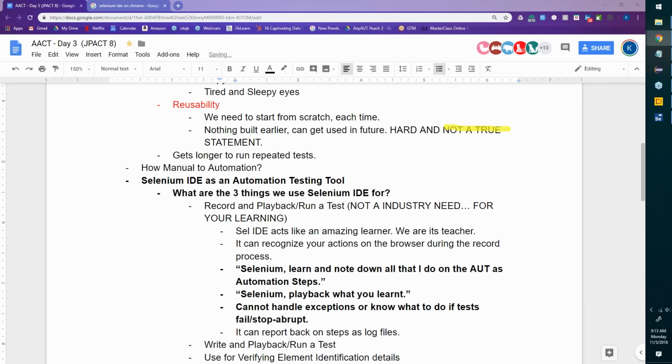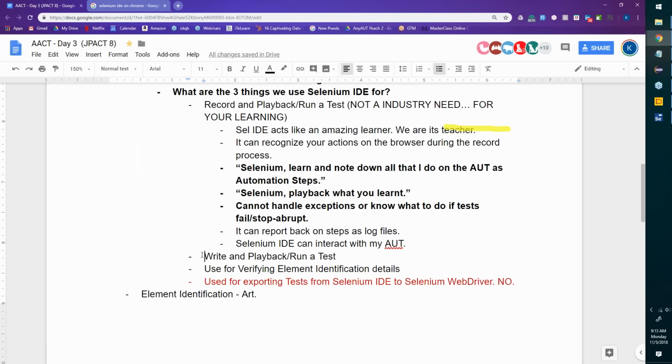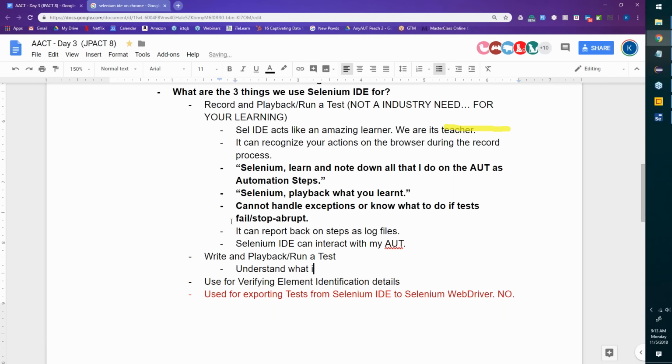Now comes the second portion where we have to at least be able to edit. Now this is what, okay, what are the things to be able to write and playback or run a test, team. So we did a simple recording. You first have to understand what is what. Then we will need to make changes to existing tests and start writing new tests